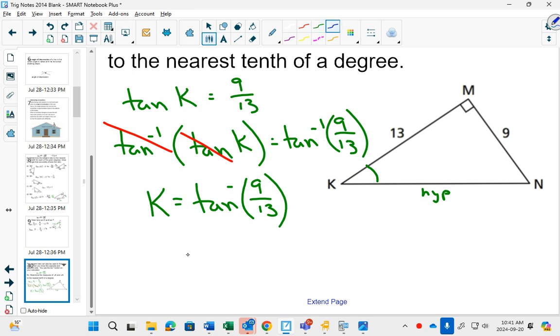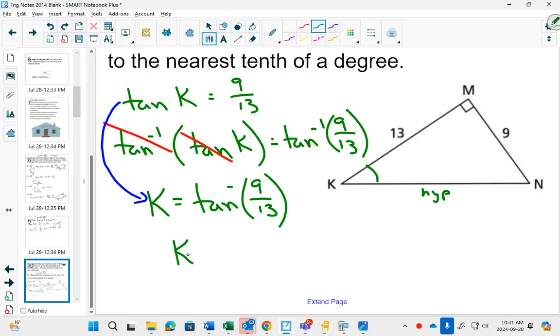So most people in trigonometry go directly from here to here. But I wanted to show you the idea that if you do the tan inverse of both sides, these are opposite. Opposites cancel each other out. You've done that in equations your whole life. But it's a little bit annoying to write that much, so often we just skip to this,